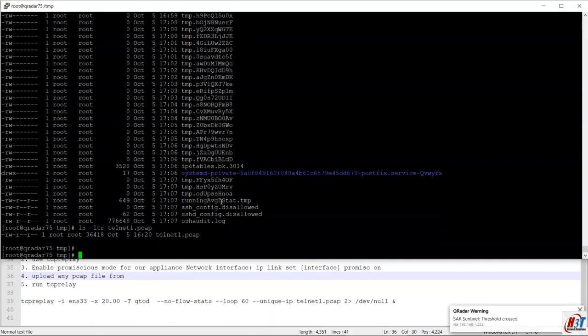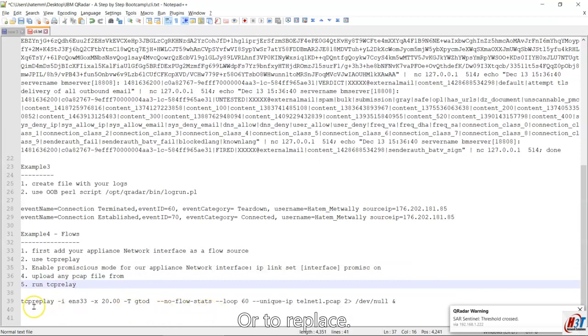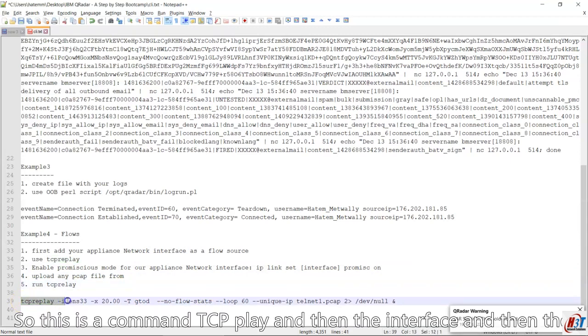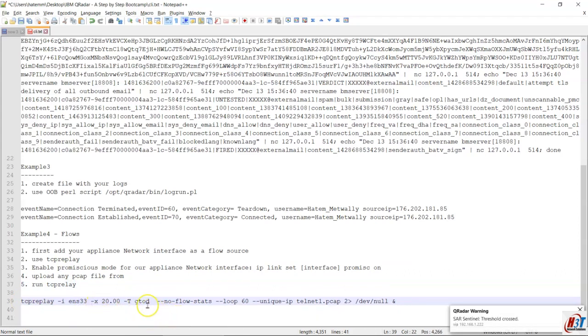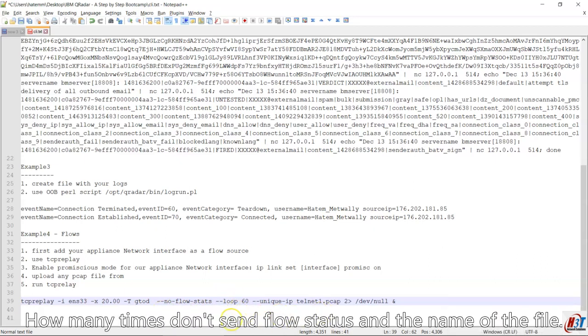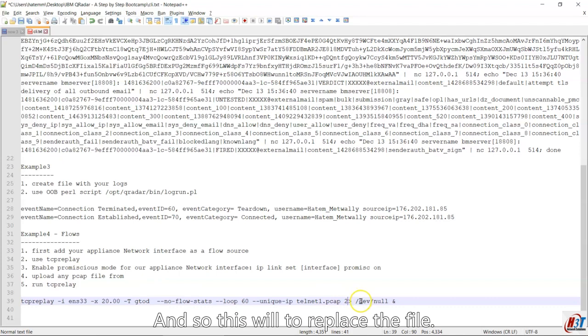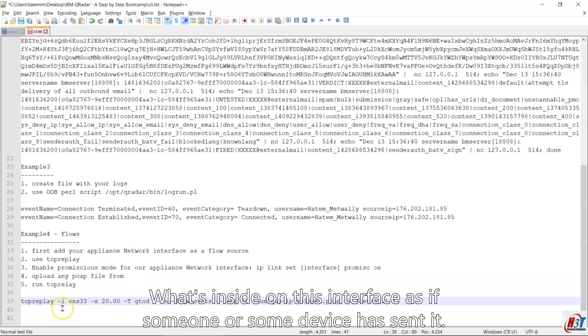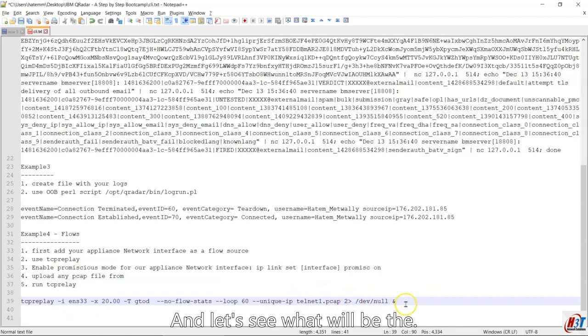Yeah, telnet. Okay, so this file I will use to replay. This is the command, tcpreplay, then the interface, and then some options, including looping, the force, how many times, don't send flow status, and the name of the file. So this will replay what's inside the file on this interface as if some device has sent it, and let's see what will be the